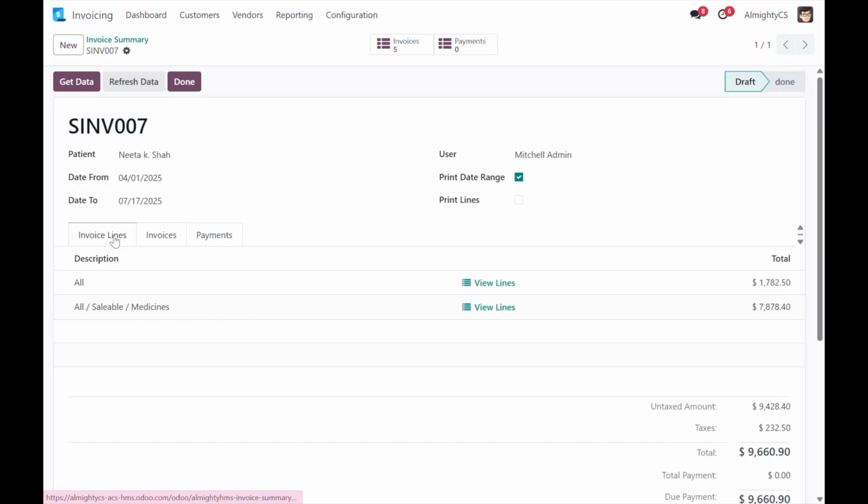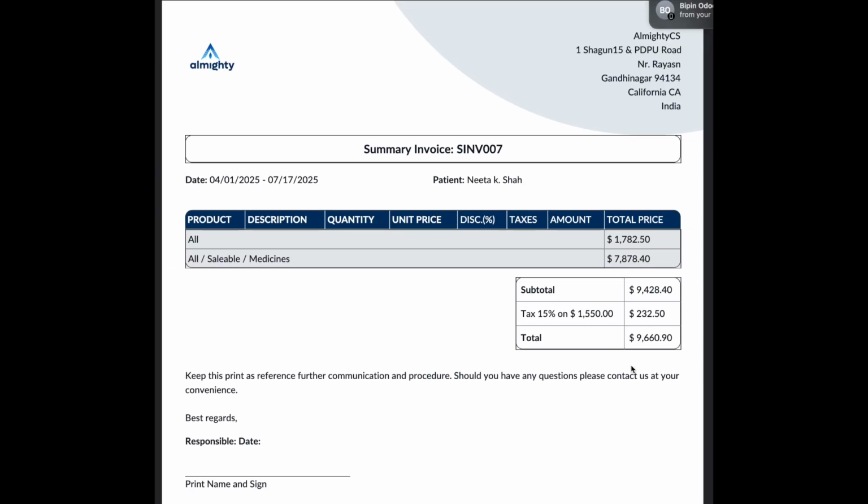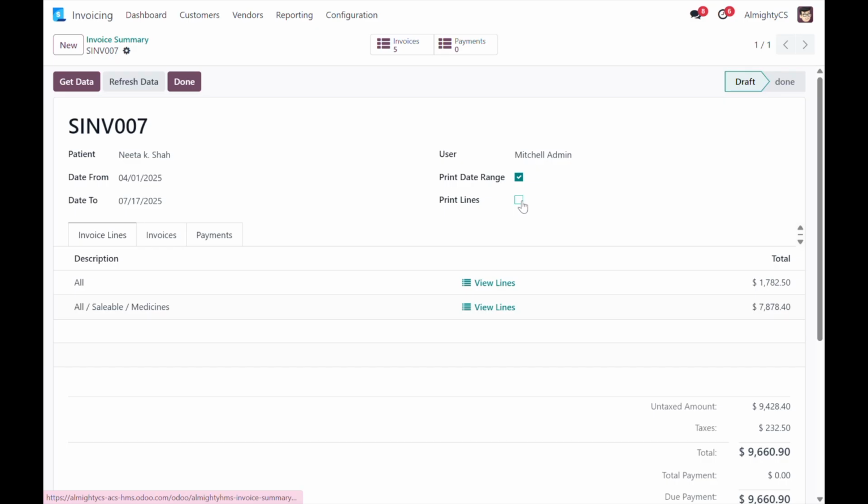One of the best features of this module is the ability to print the summary as a clean, well-formatted PDF. If you select this Print Date Range option, it means that when you print the summary PDF, the selected date range will be shown clearly at the top of the report. The Print Line option here means the system will include detailed invoice lines in the report,